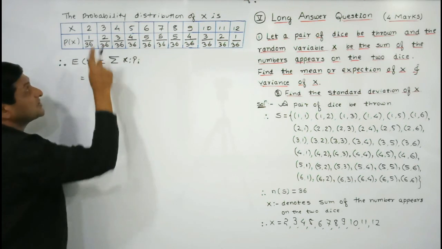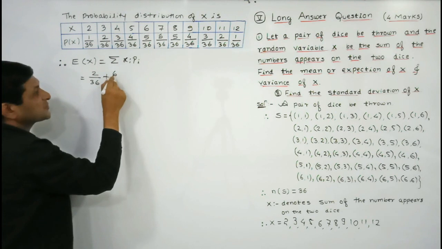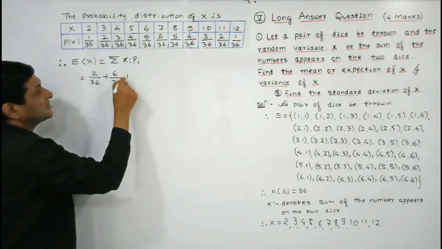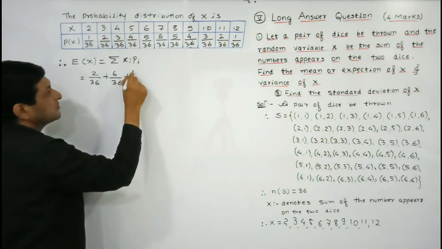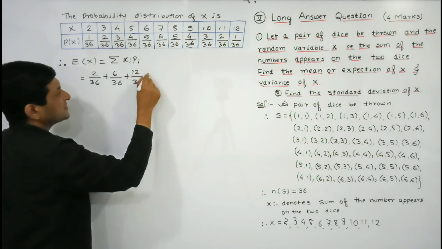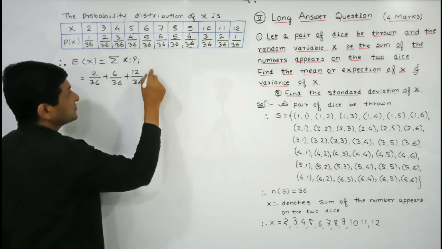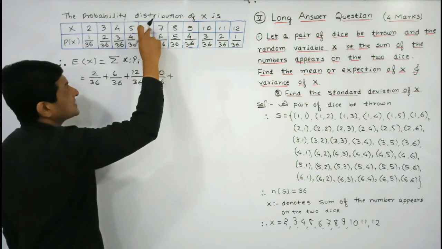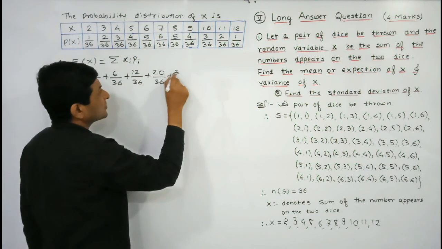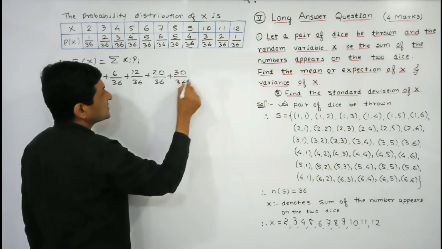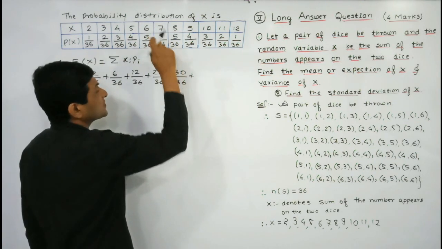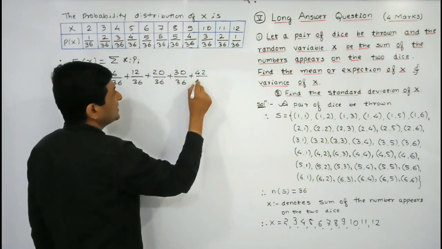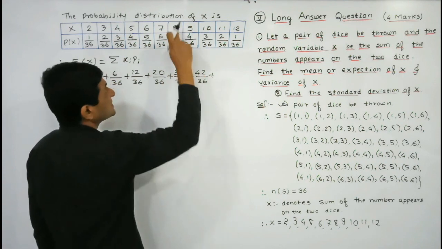In the second case, 3 into 2 is 6 upon 36. In the third case, 4 into 3 will be equal to 12 upon 36. In the next case, 5 into 4 will be equal to 20 upon 36, plus 6 into 5 will be equal to 30 upon 36, plus 7 into 6 will be equal to 42 upon 36, plus 8 into 5